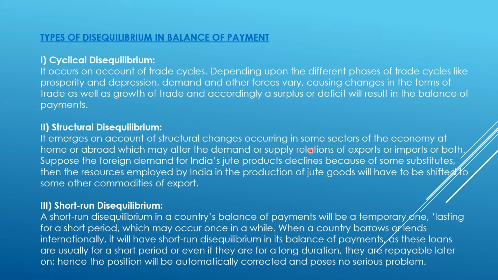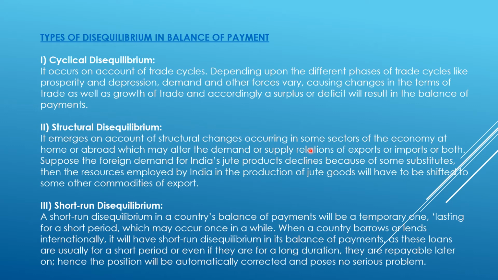Let's take an example. Under a boom period, people's purchasing power increases. This leads to increase in aggregate demand for imported goods, and this follows the situation where imports increase more than exports. So this is the example of cyclical disequilibrium. Then the second one is structural